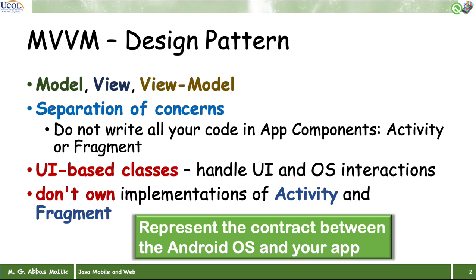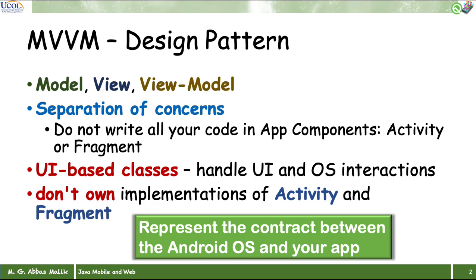That's MVVM. What it will do, it will help us to separate different parts of our application. So we have a user interface where the user can interact. That's the one layer, we call it the user interface. The users can see different components, different buttons, different input fields, different images, different reports, even graphs we can present over there. So these are the things in the user interface with which the user can interact and do some useful stuff